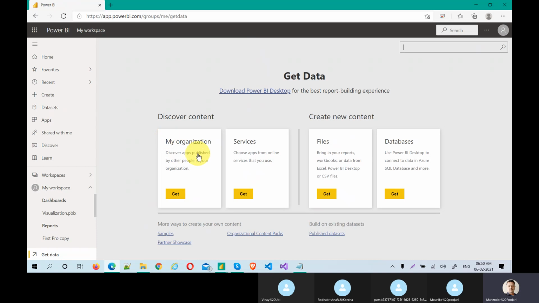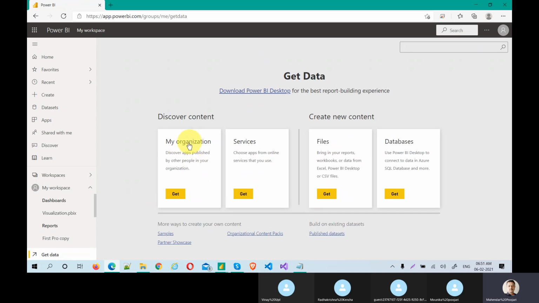My organization: let's say in your organization you are in one vertical, a sales vertical, sales developer. There is a marketing division and a marketing developer is also there, but you might not know each other and each other's development. But if you go and explore there, you can see your organization's work.